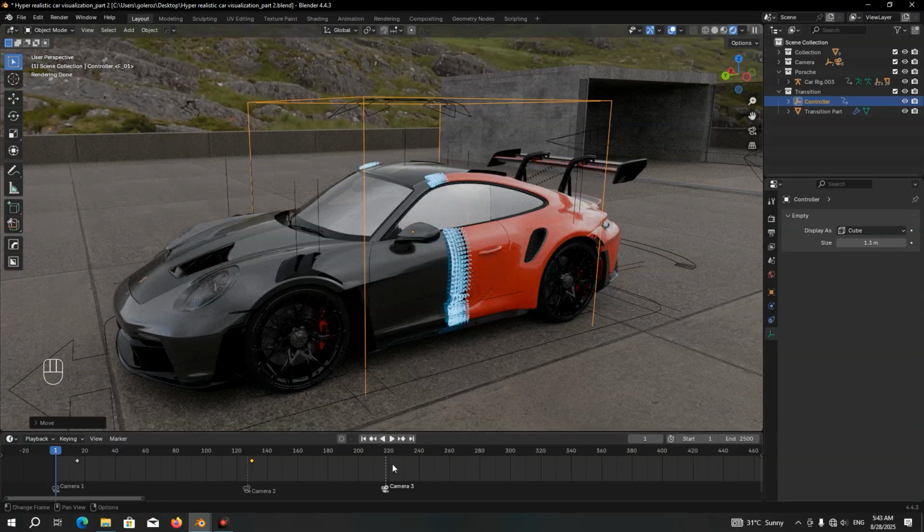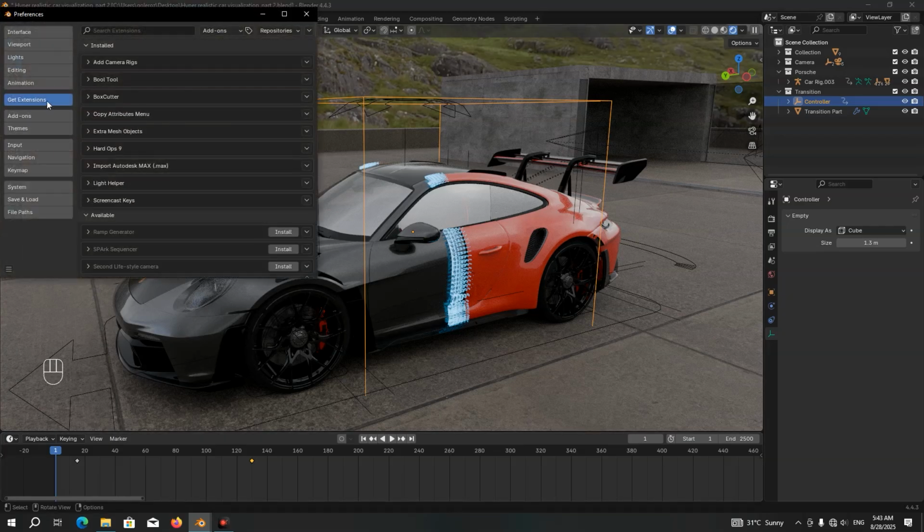Then select all the markers that we had made in the previous video. Press X to delete the markers. And for this shot, let's learn a very interesting trick for the camera animation. Go to Edit, Preferences. In the Get Extensions tab, search for Camera Rig,